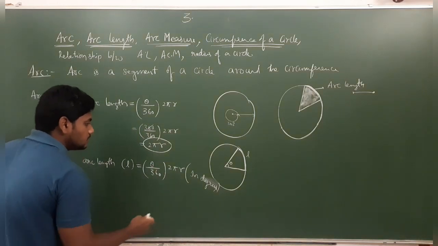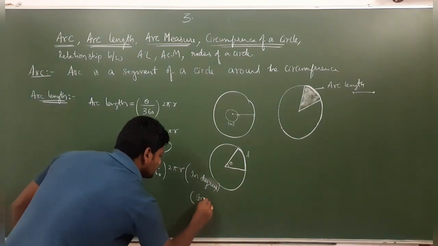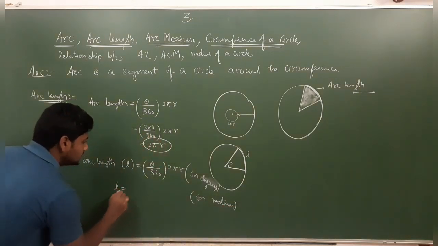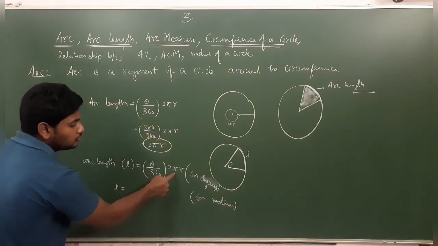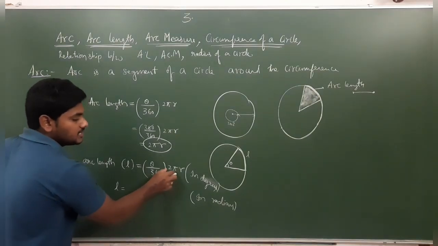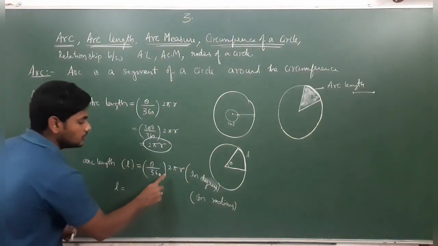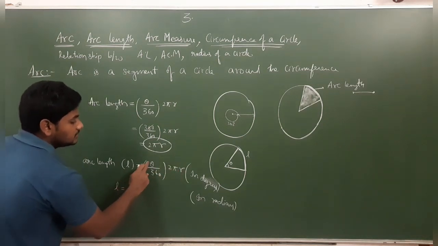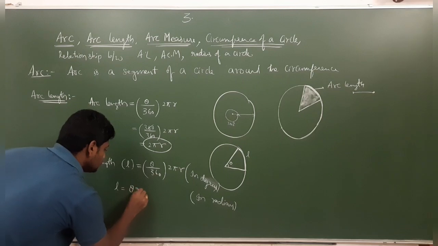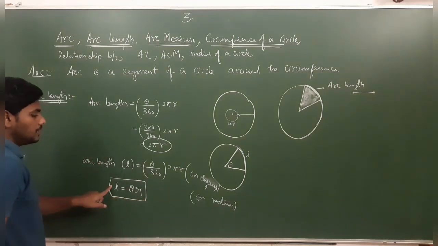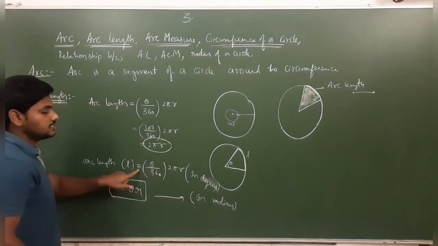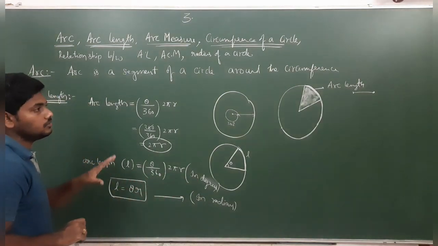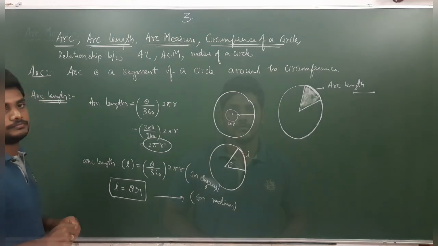If they ask to find in terms of radians, how to find it? Then L is equal to theta by 360 into 2 pi r. In radians, 2 pi is nothing but 360, so this 360 and that 360 cancel. We get theta into r. So this is the length of arc formula in terms of radians, and the earlier one is the formula of length of arc in terms of degrees. Those two you need to identify, so pause the video and note it down.